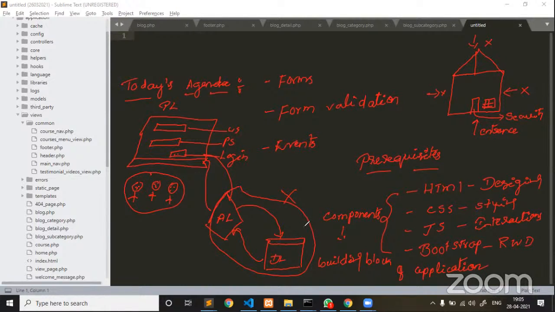I hope you people are understanding how we have to put it. Okay, now once the form is beautifully designed,